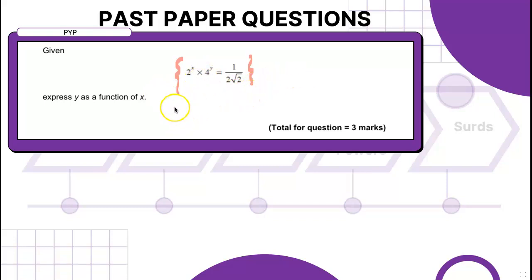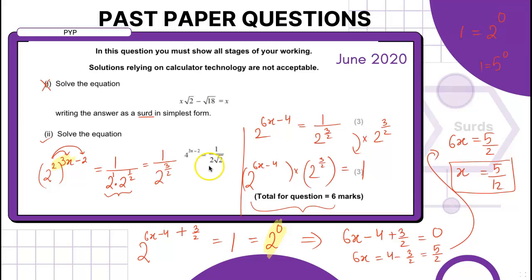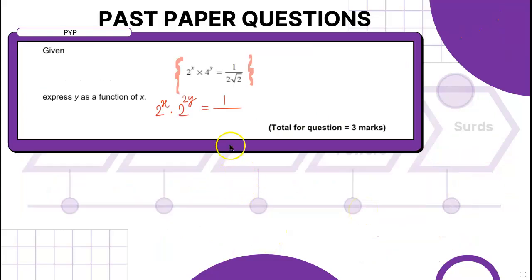So that is 4. Can we say 2 to the power of x times 2 to the power of 2. 2 squared is nothing but 4. And y is there to keep it y. And 1 over 2 root 2. In the last question we have seen, if it is 2 root 2 at the bottom, it makes 2 to the power 3 halves. So can we use that? Okay. Now again I'll be multiplying by 2 to the power 3 halves on both sides, the same thing.